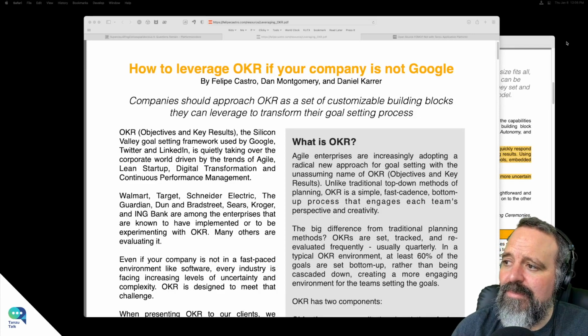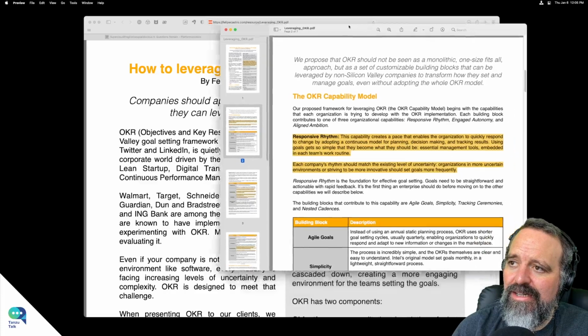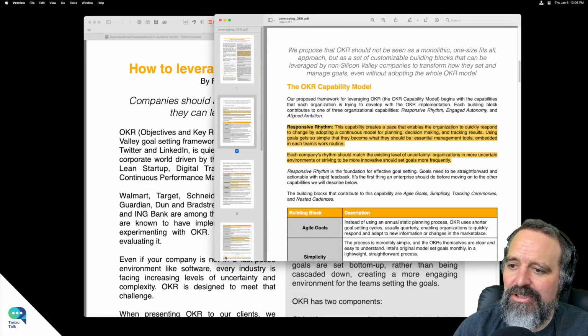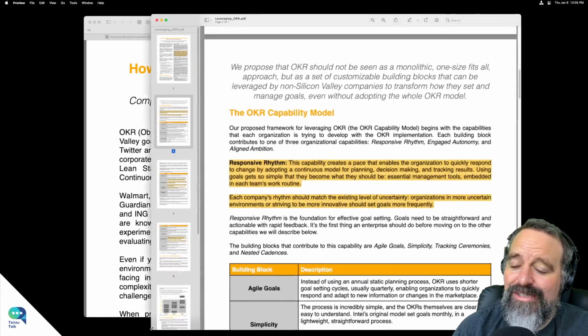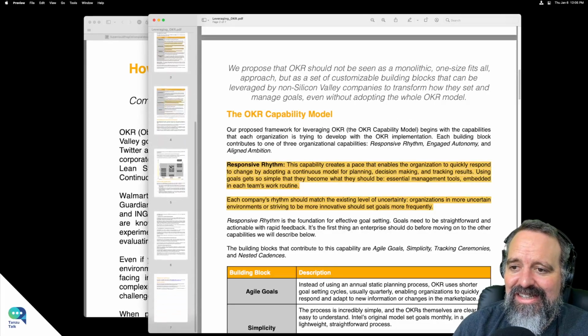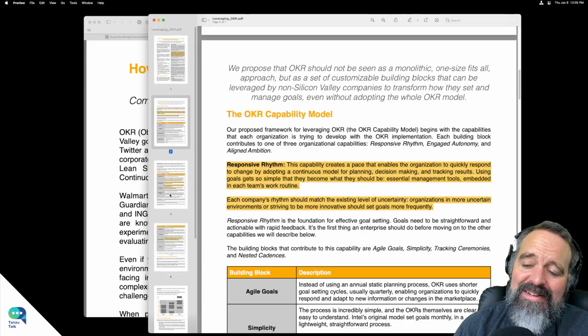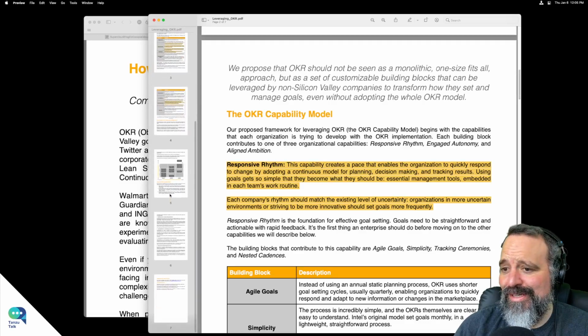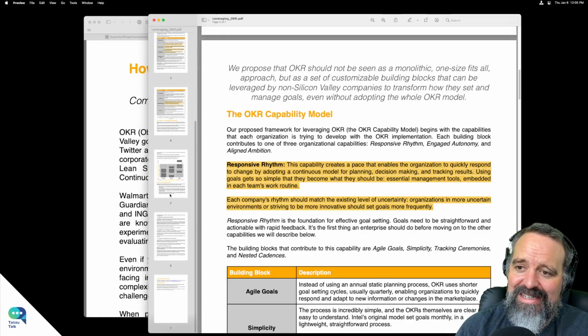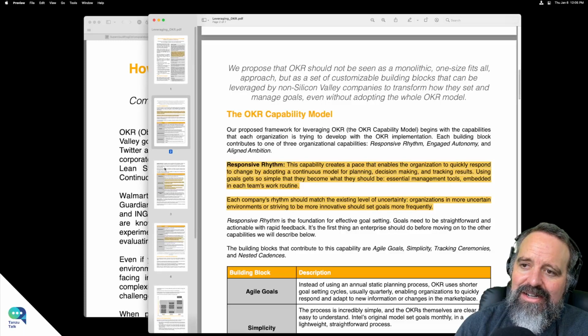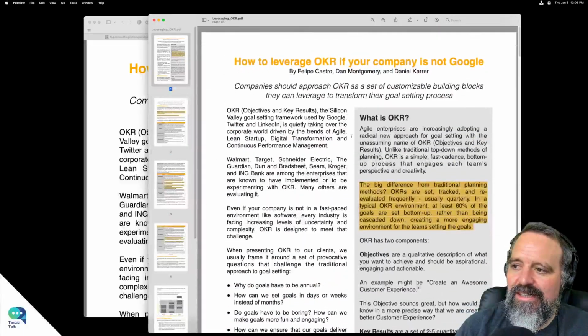But if you're interested in OKRs, or you just want a refresher, I think this is a pretty good read. It's kind of like that book on OKRs that came out a couple years ago. It could be reduced to a 7-page paper, which I think is described here. So let's look at it, right?